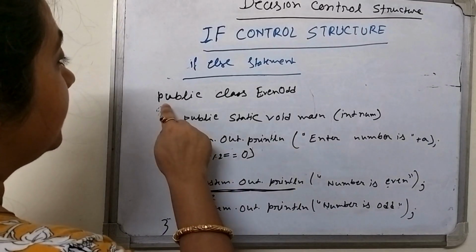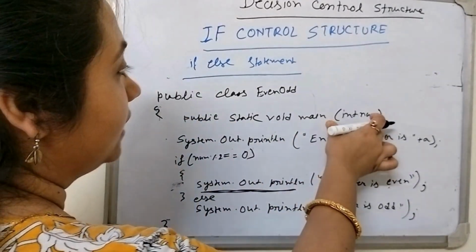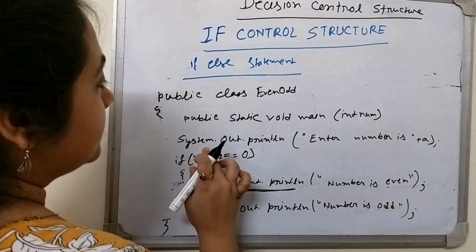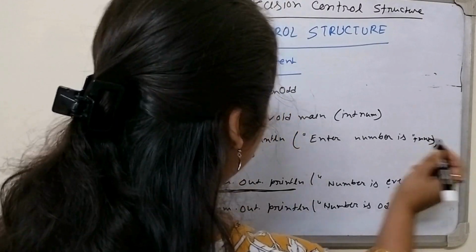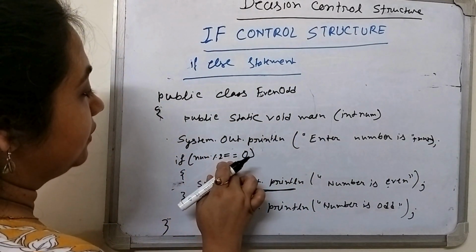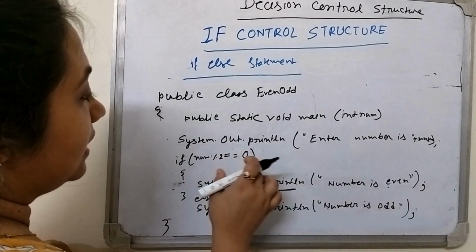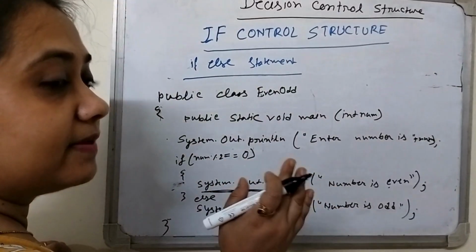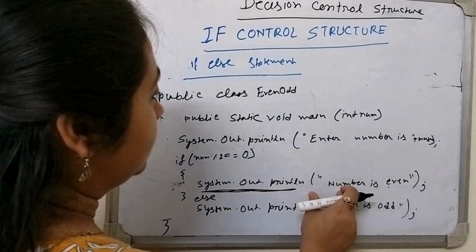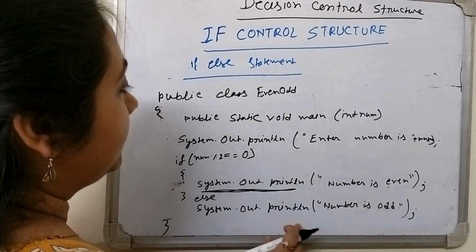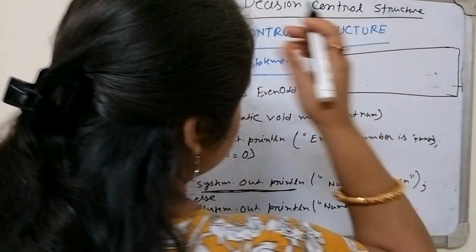Okay. And this is the if else statement. What is the if else statement? Here we have declared a class Even, with public static void main. Here we have declared an integer number. System.out.println, enter the number. If number modulo 2 equals 0, that means if the remainder of the input number is 0, it is divisible by 2. Divisible by 2 means it is an even number, so the result will be number is even, else the number will be odd.